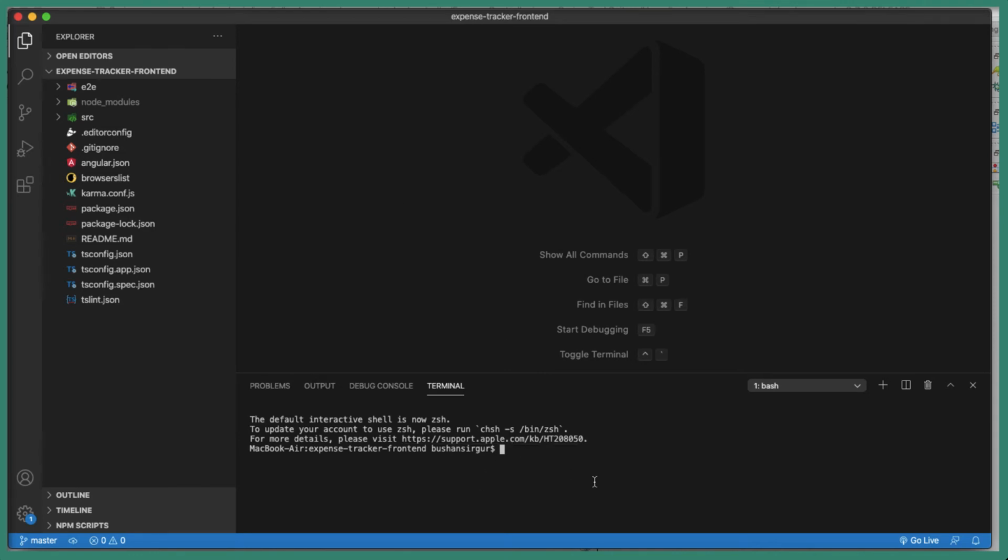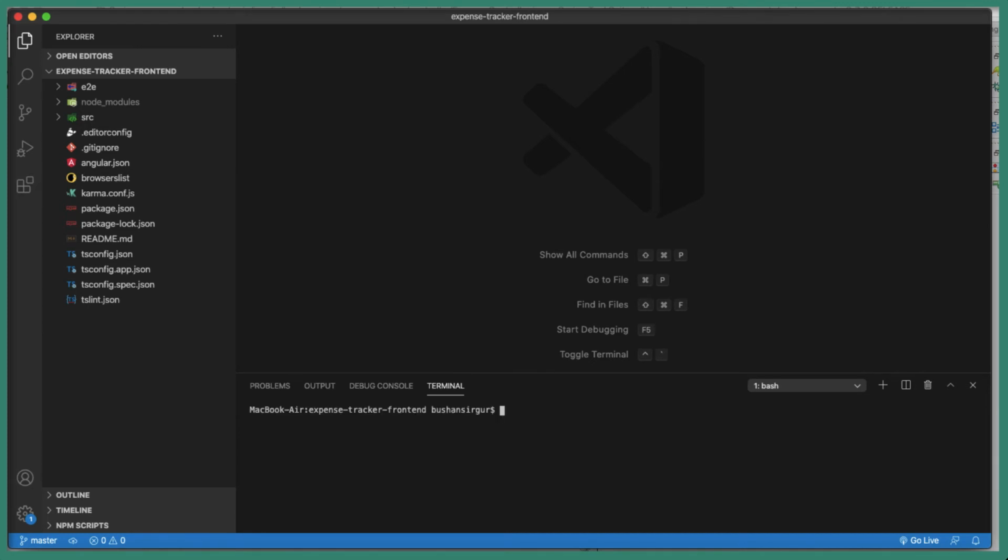So once the internal terminal window has opened, let me clear this, and to run the Angular project, all you need to do is ng serve. This is going to run the Angular project with a default port, which is localhost 4200. In case you want to open it in the browser, you can add an extra parameter to ng serve, which is --open. This is going to open it in the default web browser. I'm not going to do that. I'm going to open it manually in my Chrome browser.